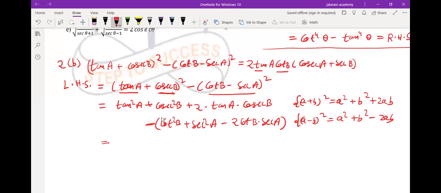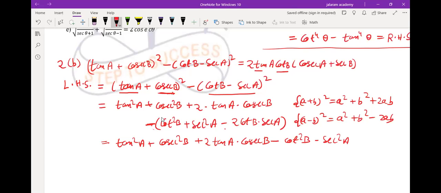Instead, we will use it in the next line, and only one step must be done per line. So we will now expand this second bracket by multiplying minus to each term, as minus is outside the bracket. Don't forget to use the bracket when there is a minus sign outside the bracket. Otherwise, it will be wrong. So tan square A plus cosec square B plus 2 tan A into cosec B minus, open the bracket, cot square B minus sec square A minus, minus into minus,